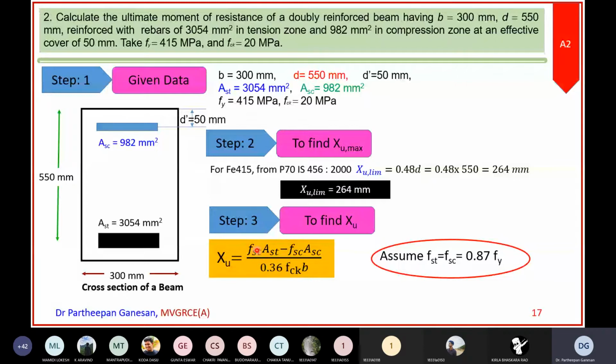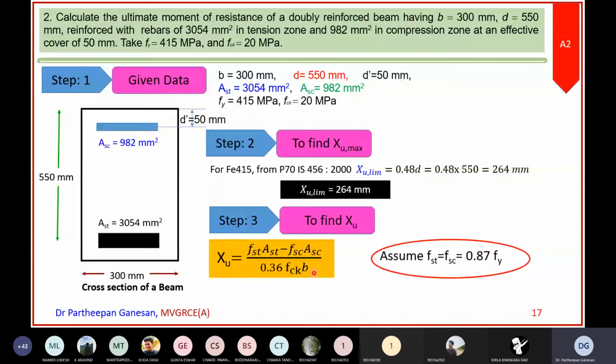But to begin with, we do not know whether it is an under reinforced section or an over reinforced section. What are the stress values in the tensile steel or in the compression steel? So we are assuming that tensile steel also yielded. Yielded means your stress value will be 0.87 Fy. Actually, Fy is the yield stress, but in the limit state method, we always reduce the yield stress by the partial safety factor for steel. So Fy divided by 1.15 becomes 0.87 Fy, right?